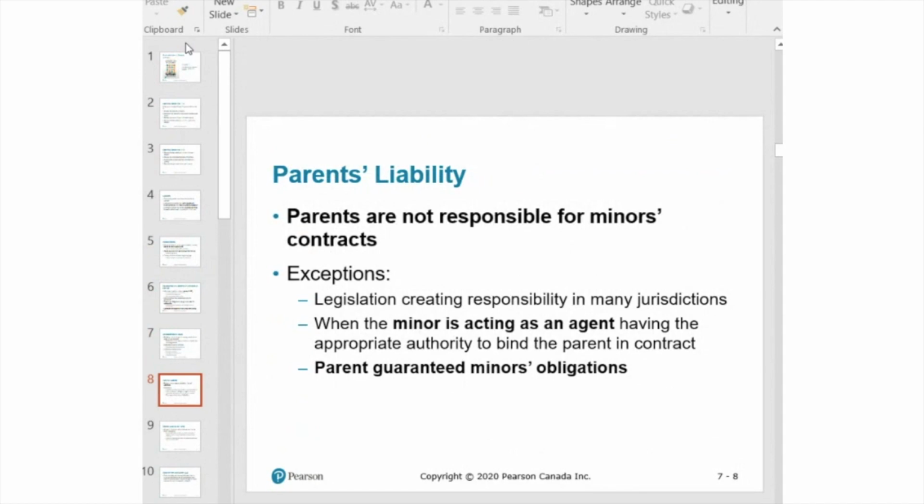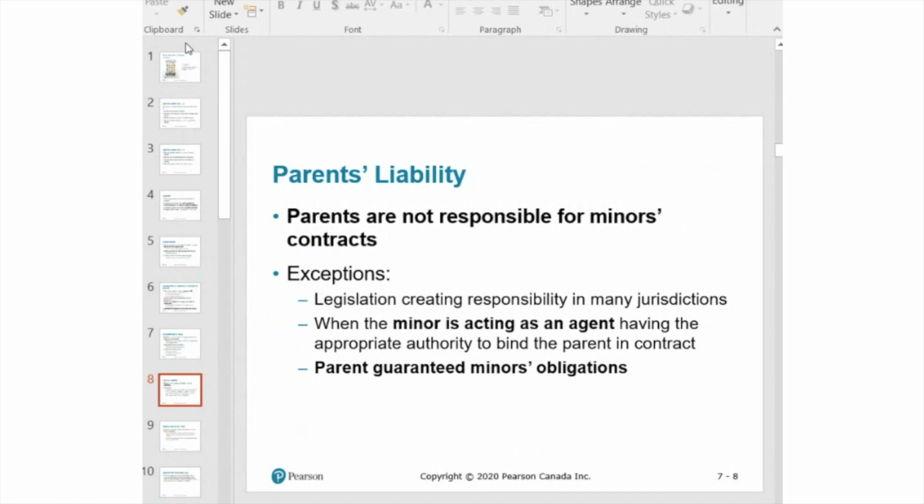All right. So are parents liable for the minor's contracts? No, parents are not. Parents will only be liable if they sign the agreement with the minor. So now I am a gym club owner. The minor came to my gym club to sign up as a member. Because I've taken this course, I know that the minor may void the contract because the contract is voidable.